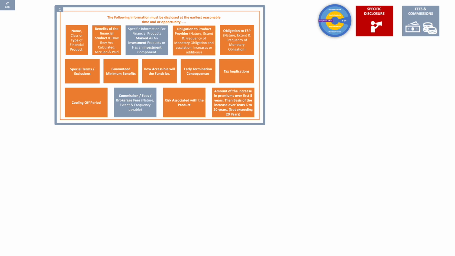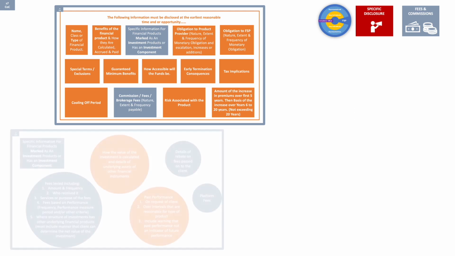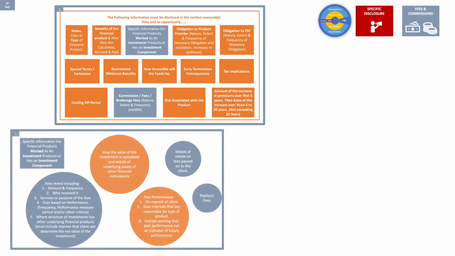Fees payable for financial products marked as an investment product or has an investment component. 2. The nature, extent, and frequency of commissions, fees, and brokerage payable by the client. With regards to fees payable for financial products marked as an investment product or has an investment component, Section 7 includes details of what needs to be disclosed, namely